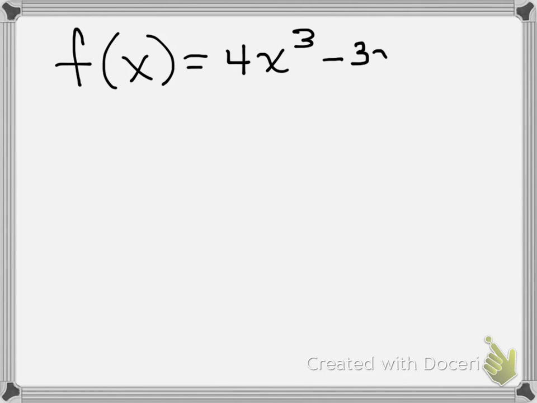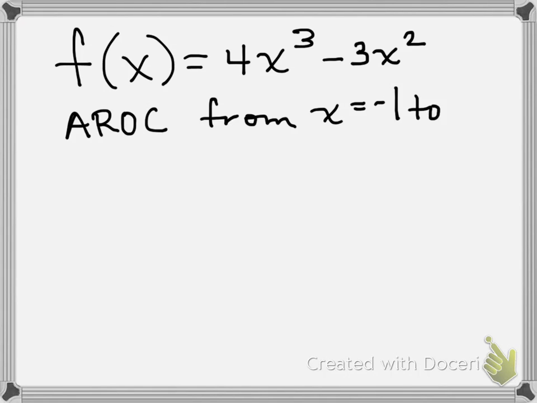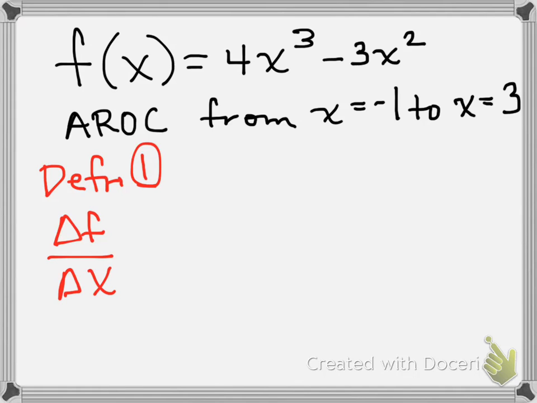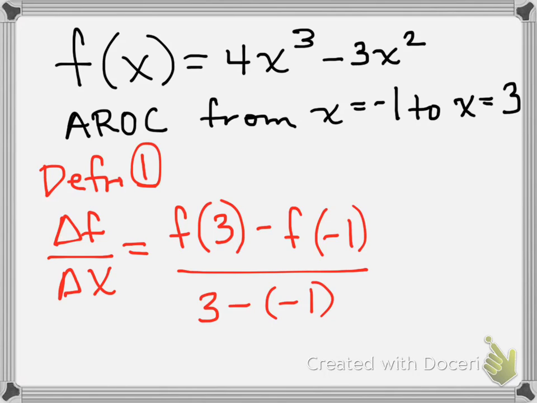So let's do it with an example. We're going to take f of x to be this function 4x cubed minus 3x squared. It's just an example so that we can figure out this different notation. And we want to know what the average rate of change from -1 to 3 is. With the change in f over change in x definition, I'm going to take how the outputs change between -1 and 3 divided by the change in the inputs. So I get f of 3 minus f of -1 divided by 3 minus -1,